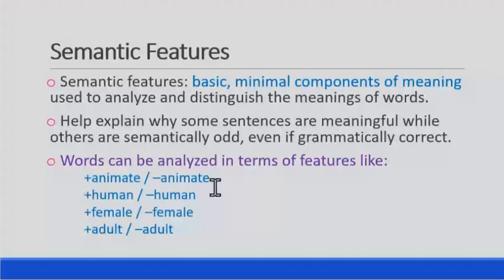Human and non-human. For example, boy and girls are humans. Tables, chairs, fans are non-humans. It can also be about gender. Some birds have the